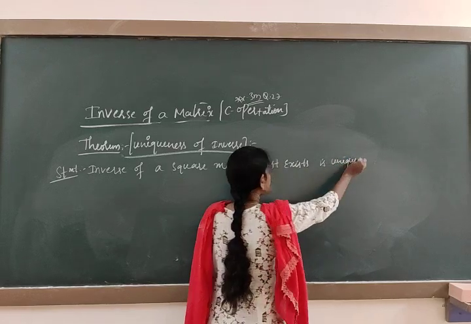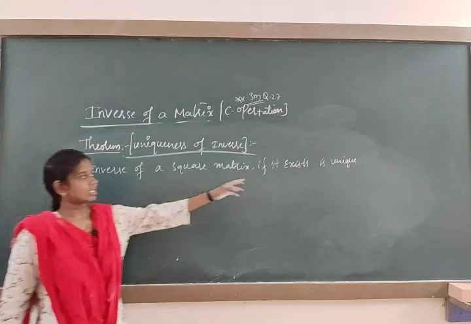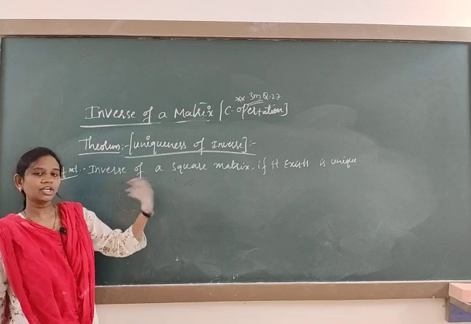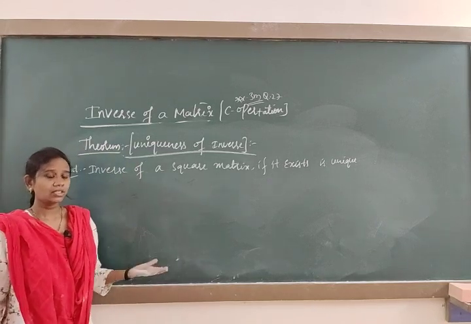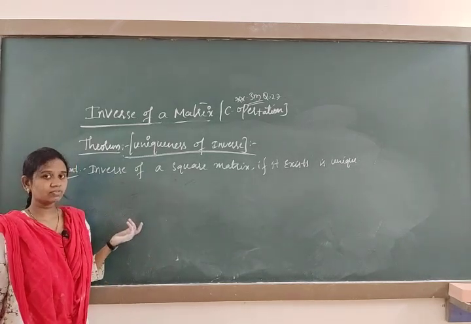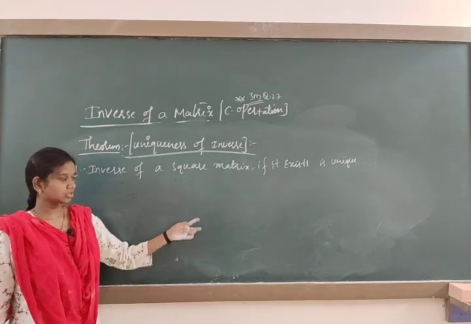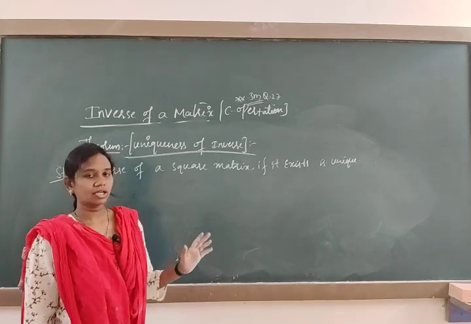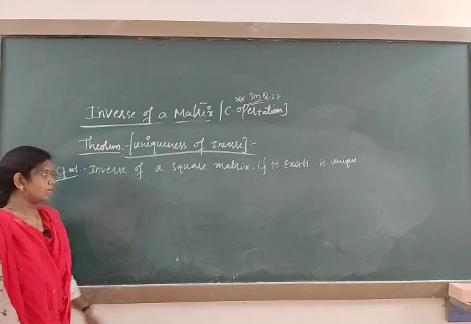So what the statement wants to tell is, if you are having any square matrix and its inverse exists, then it is unique. It means either you prefer row operation or column operation, the answer will be the same if the inverse exists. If the inverse does not exist, as in the previous problem, either with row transformation or column transformation, any one line becomes 0, which means the inverse does not exist. So this one we will prove generally. Proof.